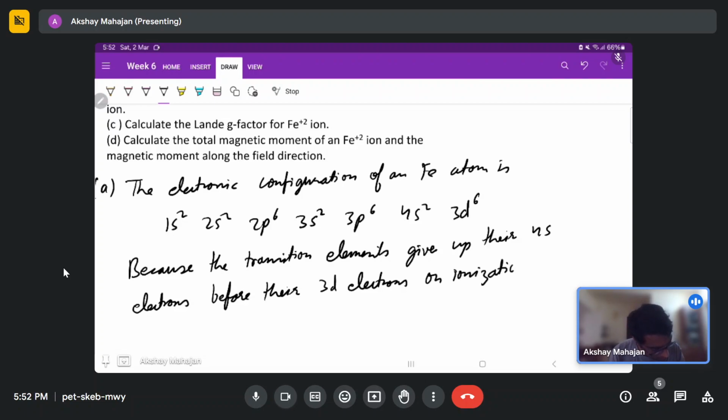Okay, so remember that while filling the electrons, if you remember from your 12th standard or high school,